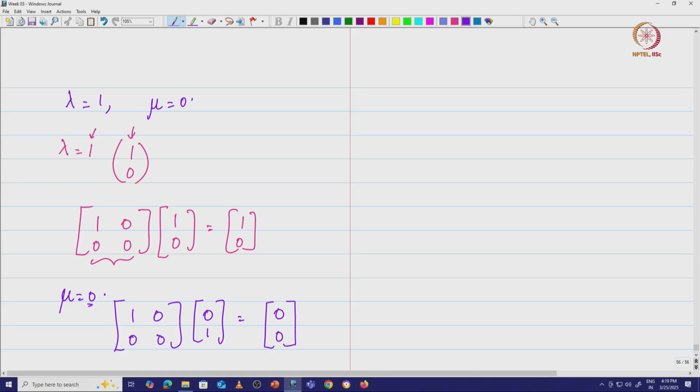So let us solve the system of equations and see what we get. We have x1 plus 0 x2 is equal to 0, which implies x1 is equal to 0, and x2 can take any value, let me take k. So I can write this as k times 0 1. We see that again these two are orthogonal to each other, because we are looking for non-zero eigenvectors. So whenever you have distinct eigenvalues of a real symmetric matrix, the eigenvectors are orthogonal to each other.